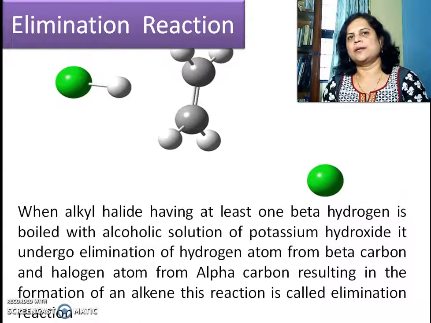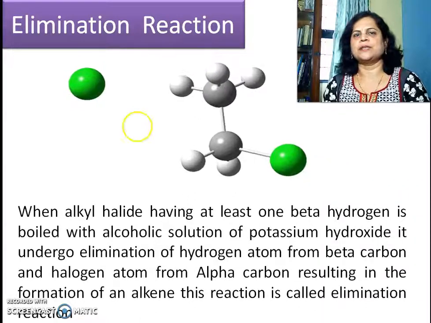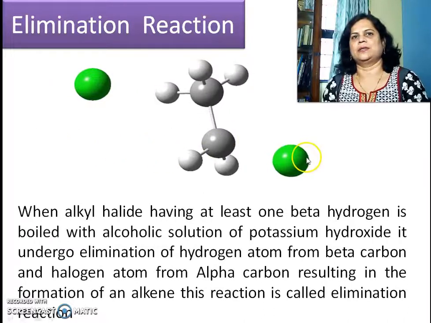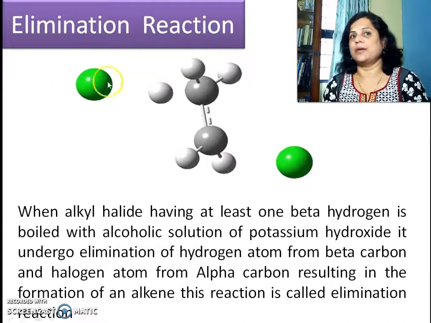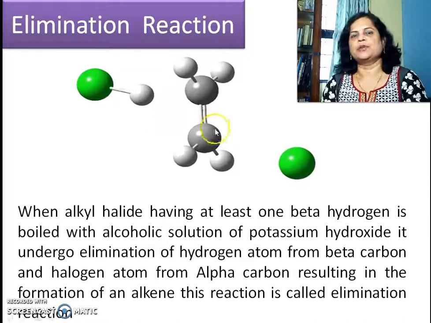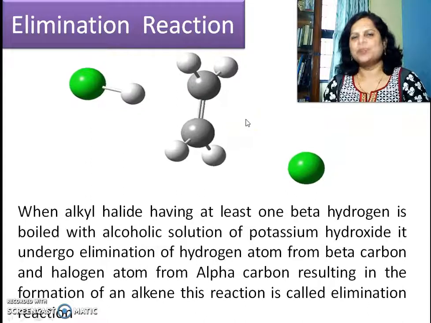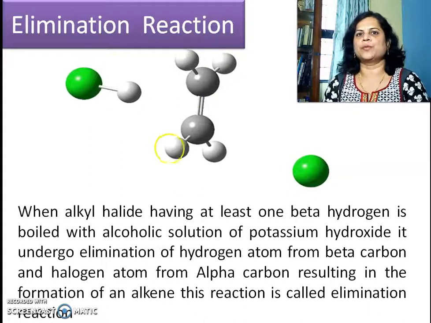And what is the alpha carbon atom? That halogen is present on the alpha carbon atom. So the removal of that hydrogen, the beta hydrogen, and the removal of the alpha halide group, the removal of these two groups takes place in the elimination reaction, and by the removal of these two groups, the formation of a double bond takes place